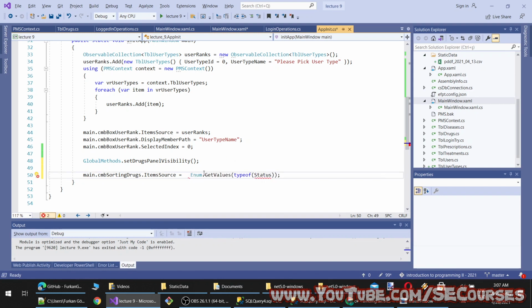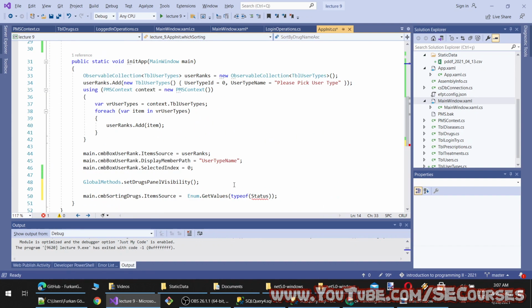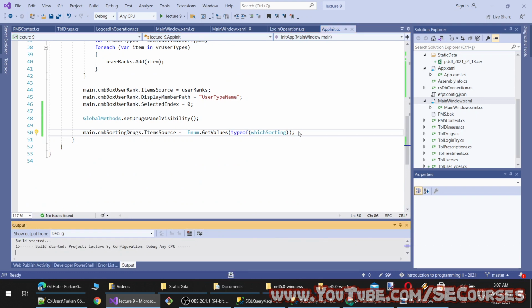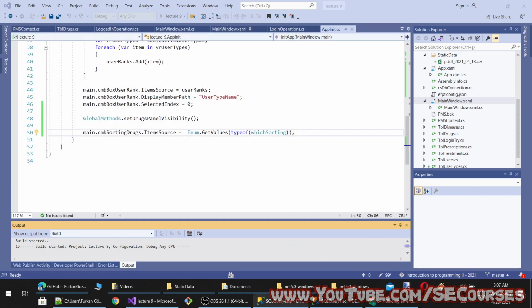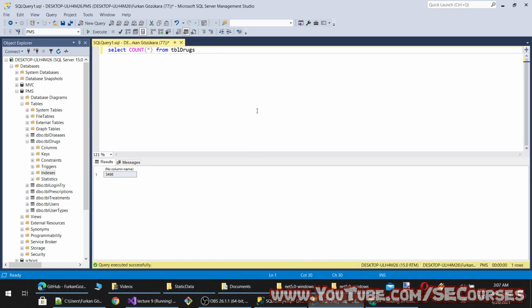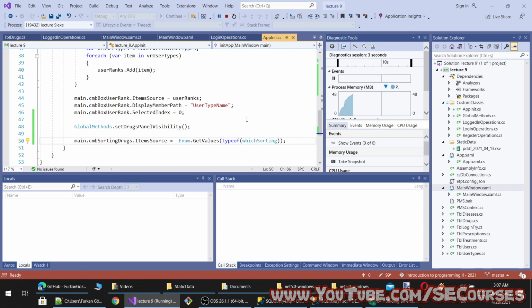Okay, and Enum.GetValues typeof WhichSorting. Let's see how it will be displayed. Okay, and let's close this. We have enough number of items. It's fine. So probably an error happened, and since it was running in thread mode, we didn't see it.